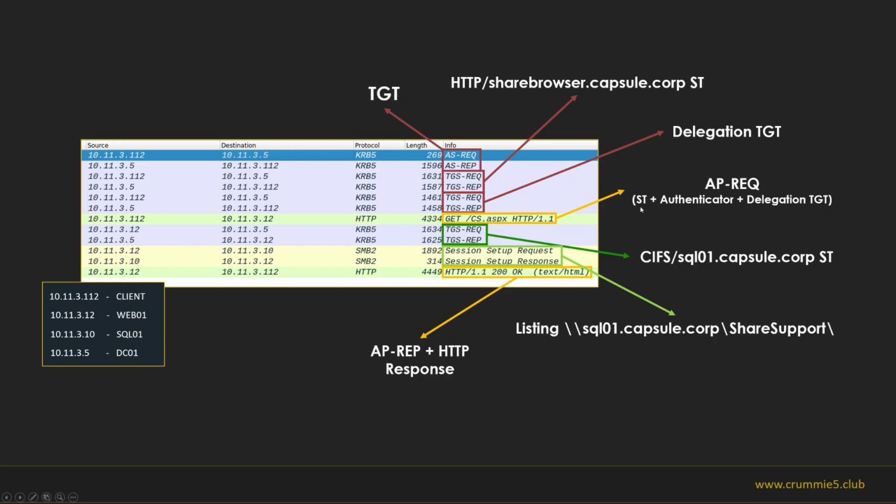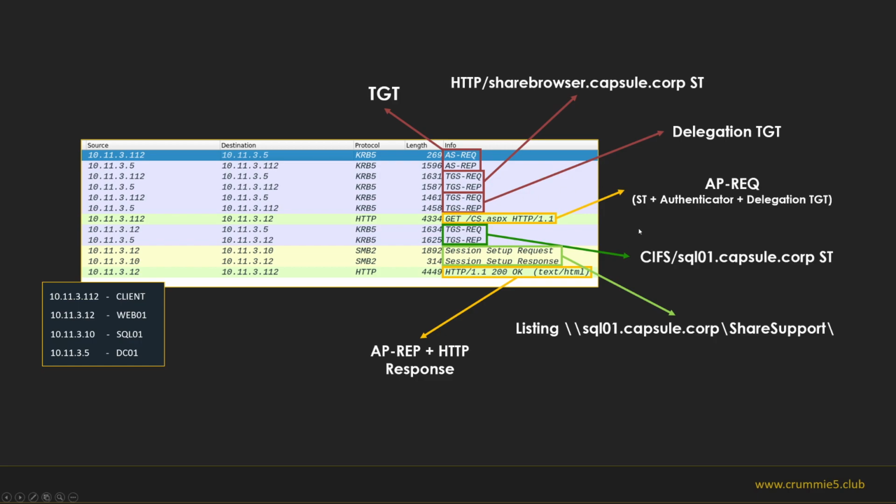We can use all the information to authenticate into the service, sending the HTTP service ticket and the authenticator where the delegation TGT and associated session key will be stored.